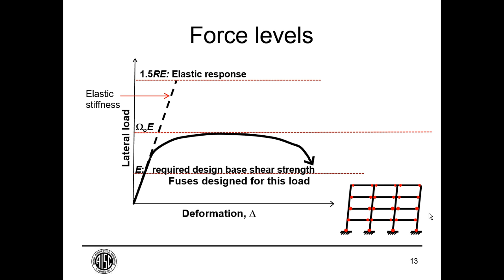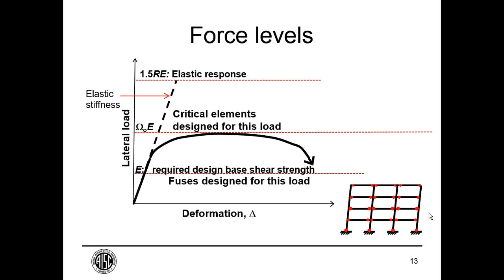So the elements that are designed for the base shear forces, say the beams, or if you have a braced frame, it would be the braces, are the fuses of the structure. So these are the things that we want to yield in order to get inelastic deformation capacity. Once we form this mechanism, which is the desired mechanism for the structure, we want to protect other elements from having failure, for example, buckling of columns. And so those other elements,